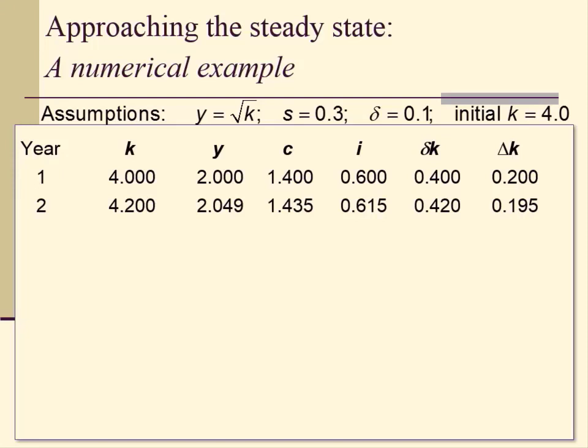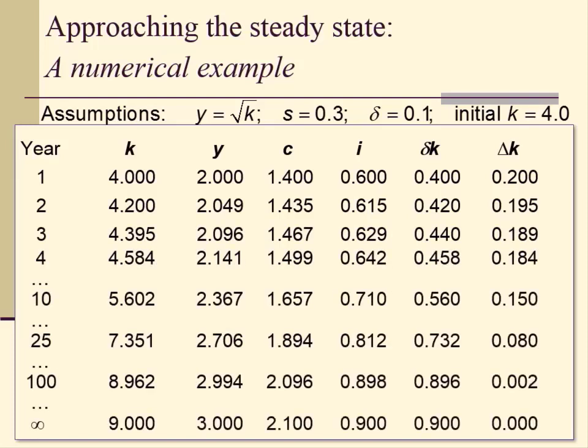So at year 2, capital stock per worker will become 4.0 plus 0.2, which is 4.2. And then you have corresponding y, c, i, and delta k, which will lead to change in capital stock per worker for year 2 as 0.195. So you can have this feedback, and then eventually using Excel you can figure out that capital stock per worker approaches 9, output per worker approaches 3, consumption per worker approaches 2.1, investment per worker approaches 0.9, and